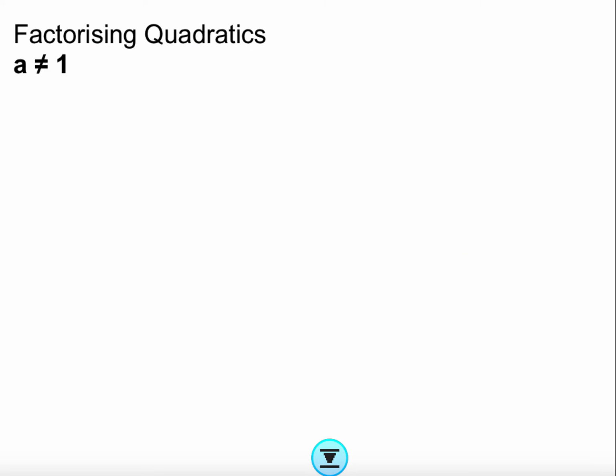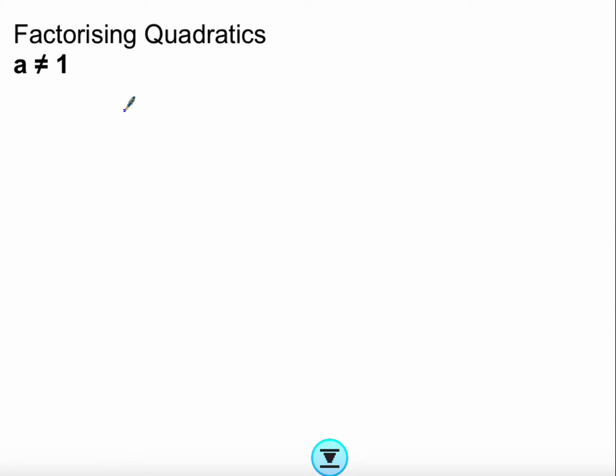Now, what if we don't have the a value equal to 1? And this is where it gets harder, and it's normal that it gets harder. It's just a slightly more complicated method. You just need to take the time to practice, maybe watch this video a couple of times. I'm going to put some examples in the end as well. So this is when you don't have a equal to 1, and we need to do the factorization a bit